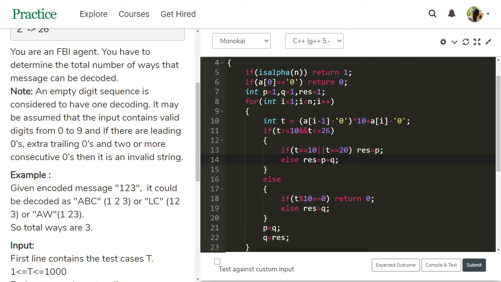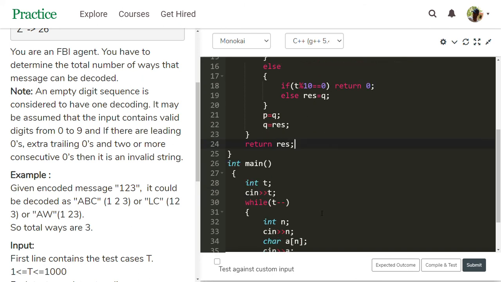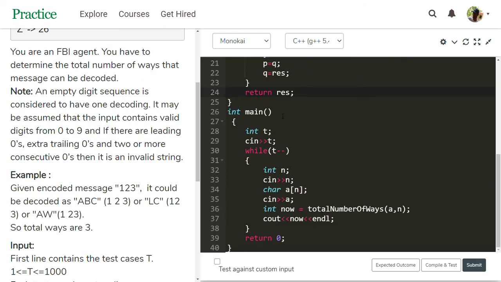In this, p value is 1 and q value is 2. 1 plus 2 is 3. Result stores the value 3. Then i increments. i value is 3 now. 3 less than 3 is false. Then we need to return the result. Return res. Now we get the value 3, that is the output for 1, 2, 3.